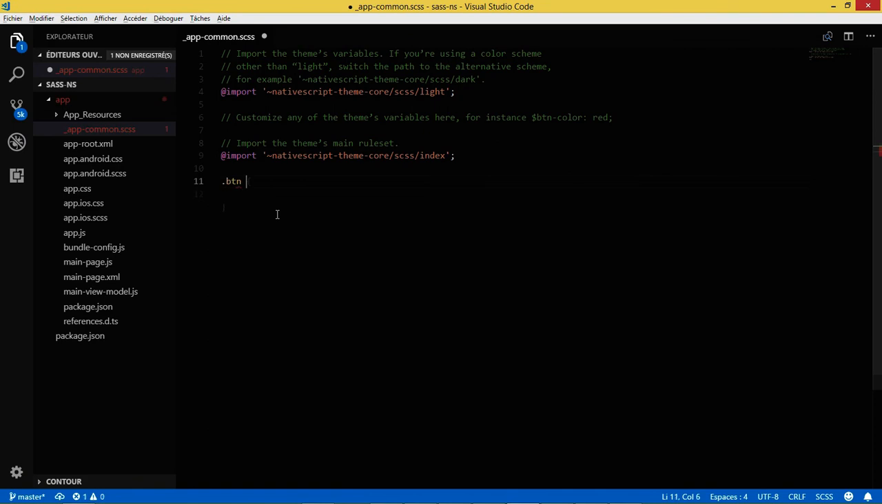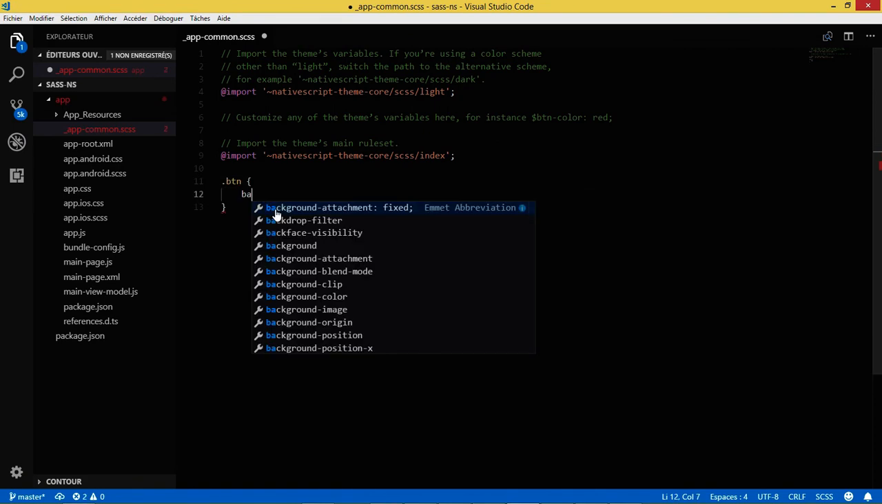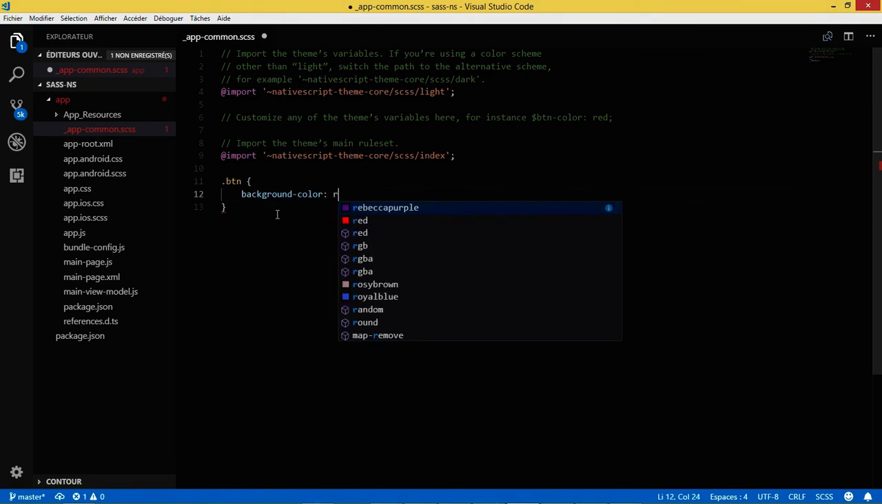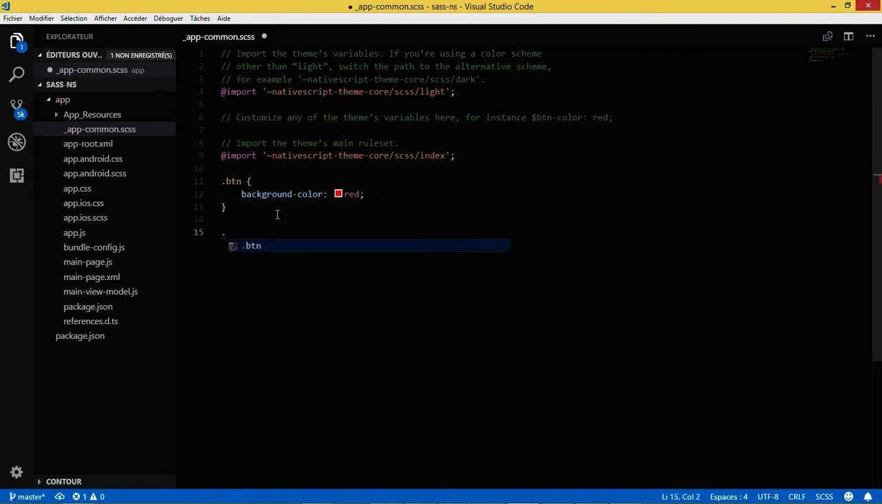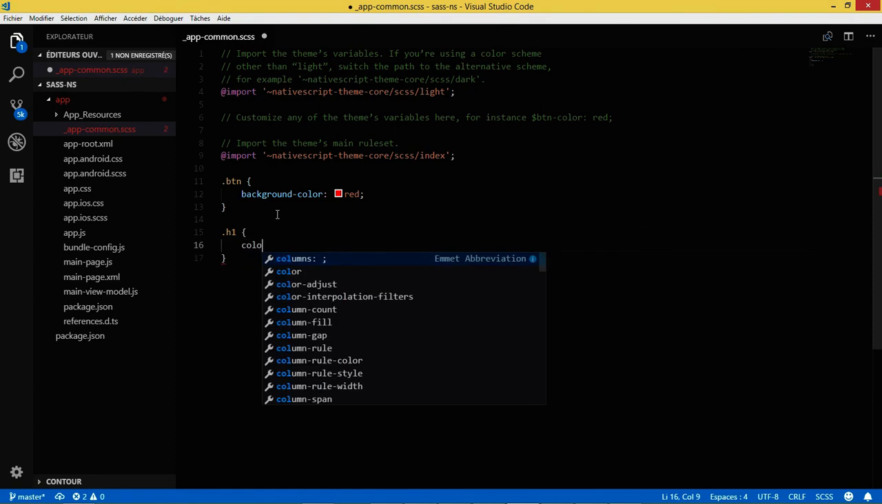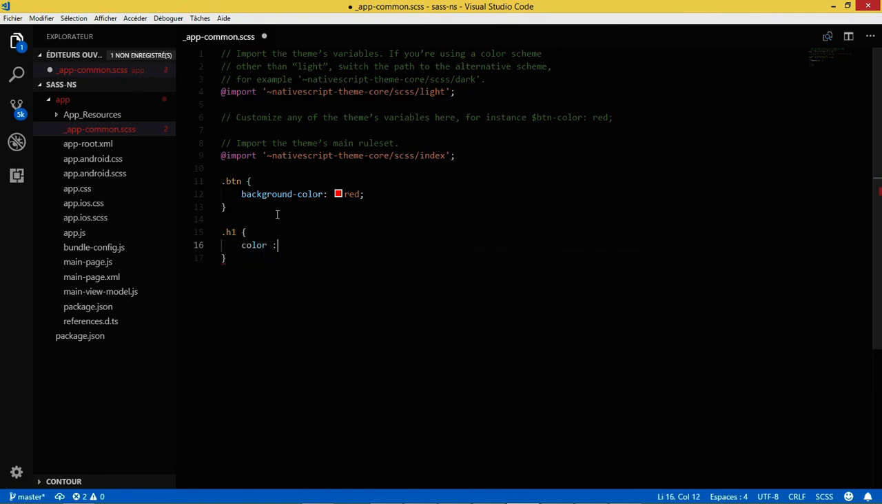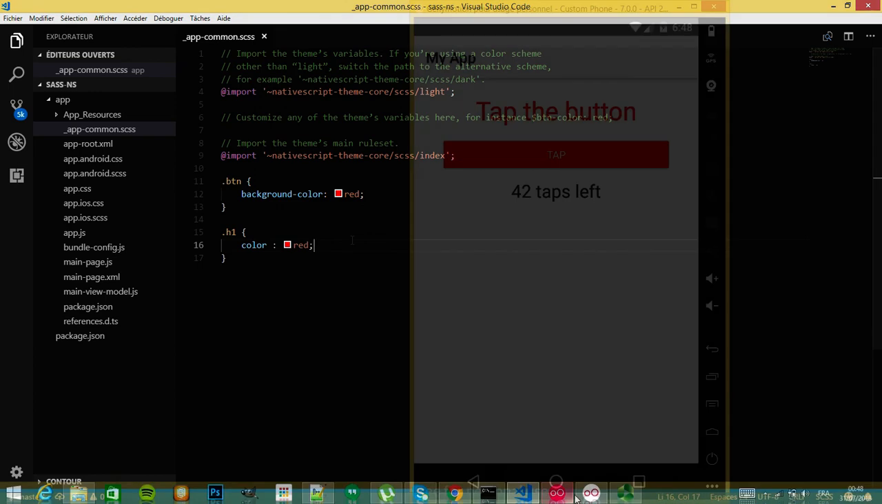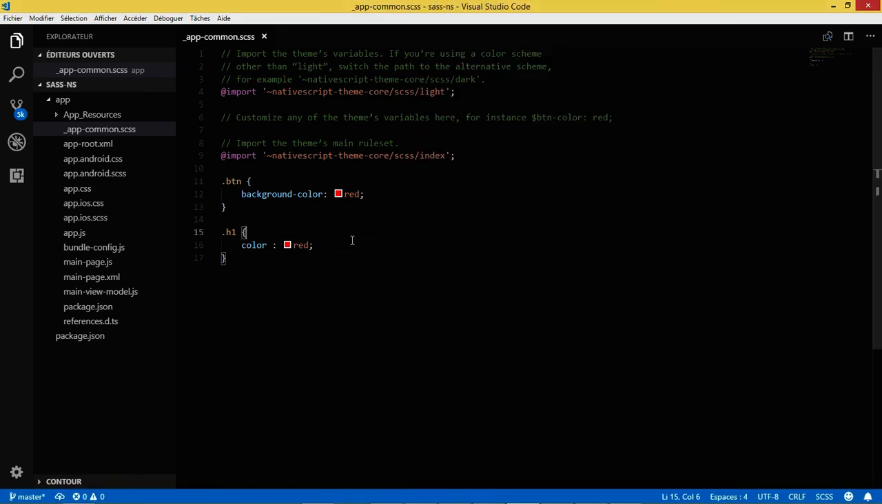button background color red, and h1 class color to red. Save. Let's see the implementation. Okay, great. The problem with this implementation is, if in the future I want to change the color to blue, then